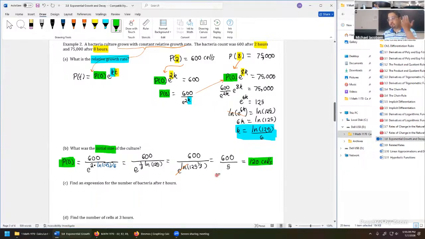Well, if we put everything together, that's all part C is about. The population is size T. We want the expression for the number of bacteria after T hours. That is the expression right where the red dot is, but we had unknowns. We can put in 120 for P at 0, e to the power of K times T. I'm going to rewrite that as T times the natural log 125 over 6. That just seems to fit better on the exponent slot. So that's where the initial size went, and this is where the relative growth rate went as well.